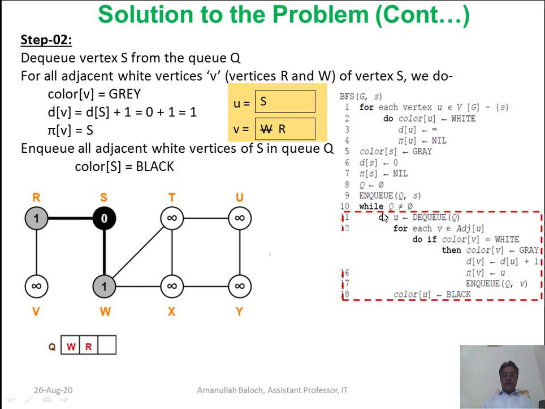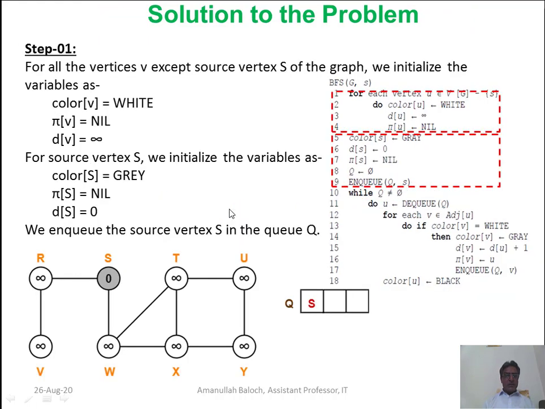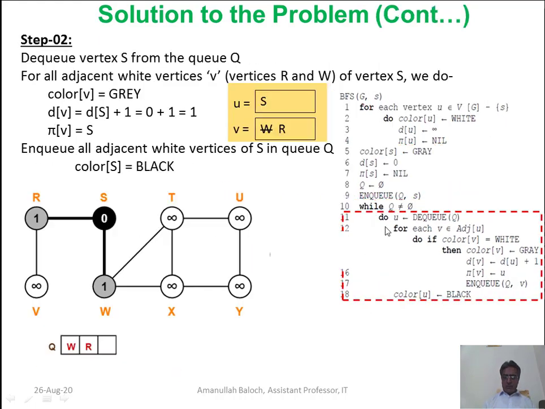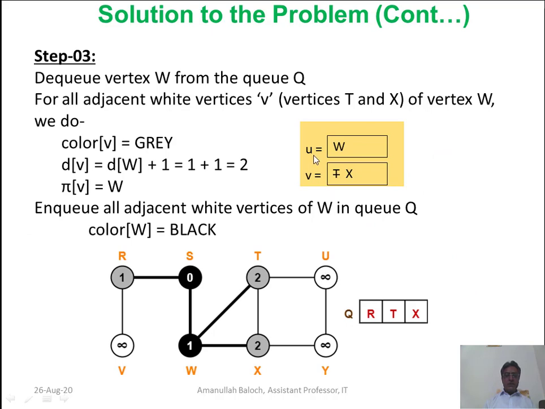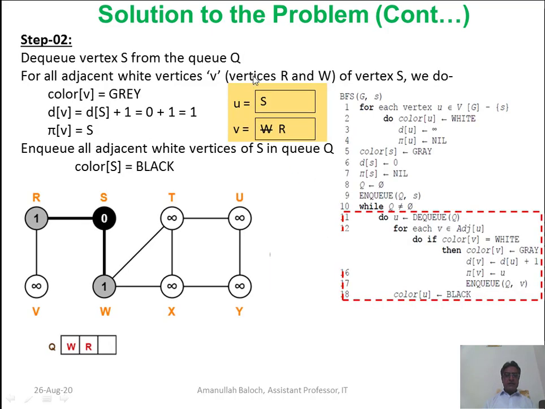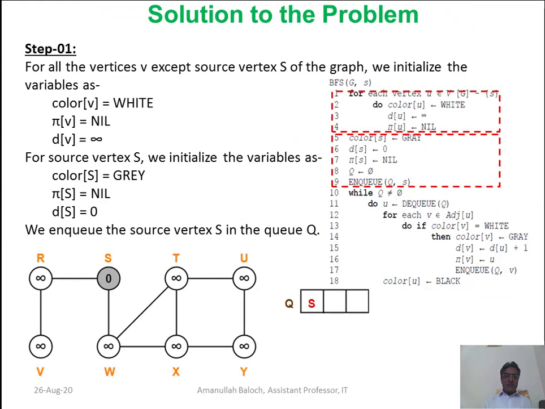In the while loop, U is the variable, and we dequeue Q. We will delete a node from the queue, because the queue contains only the source node S. S will be dequeued, and U will contain S. After dequeuing, we store the value in the memory of U. In the memory of U, we have the value S, which we deleted from the queue, because the queue contained only one node, S.